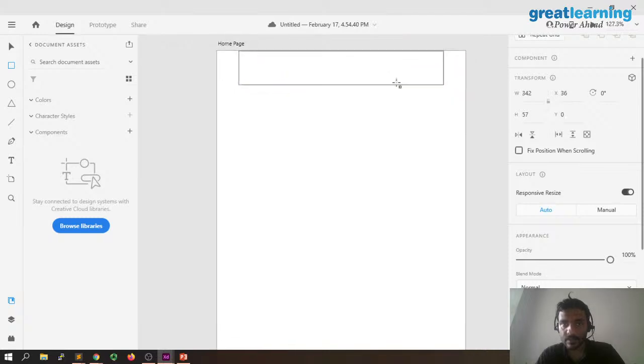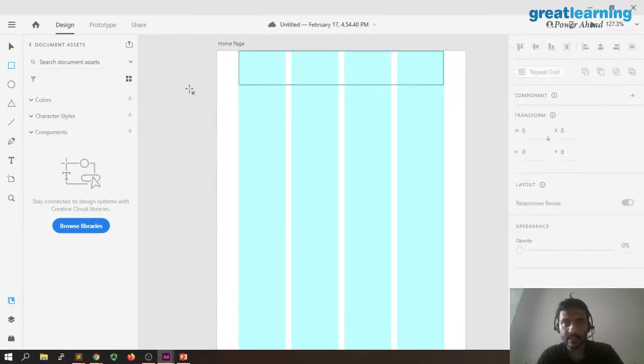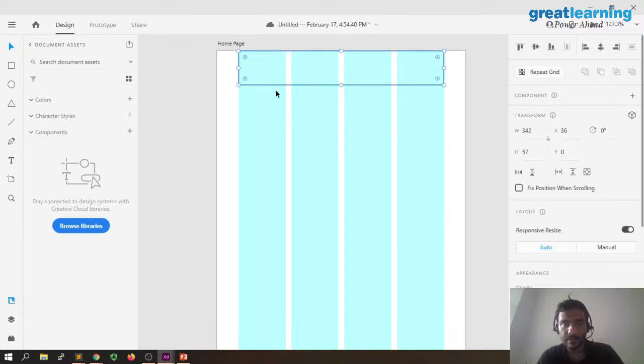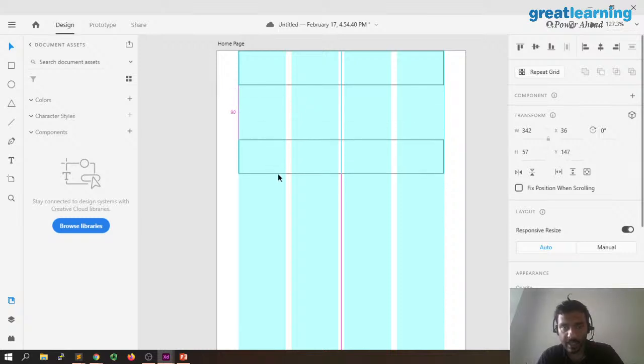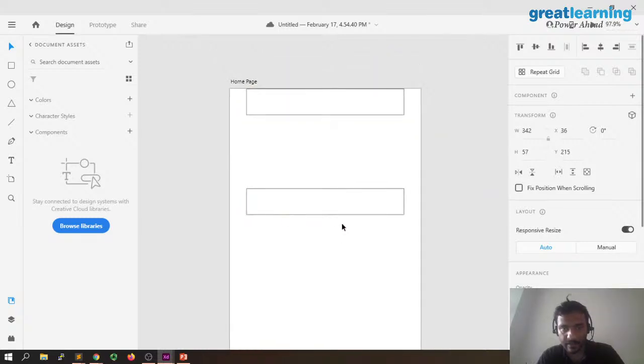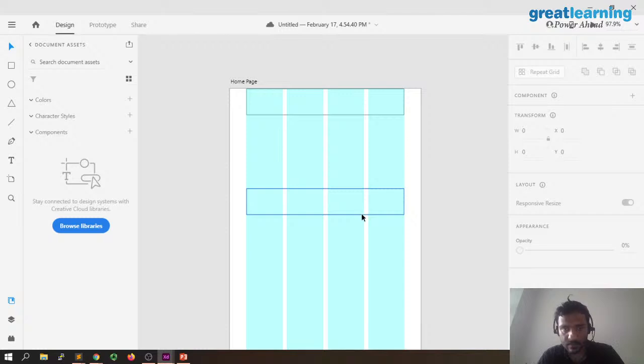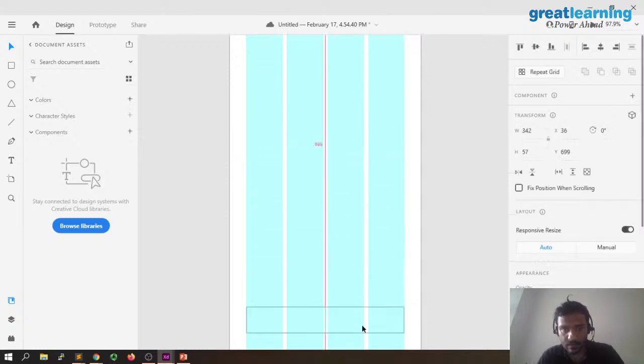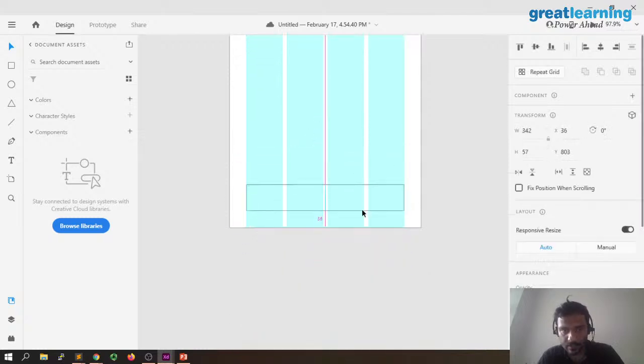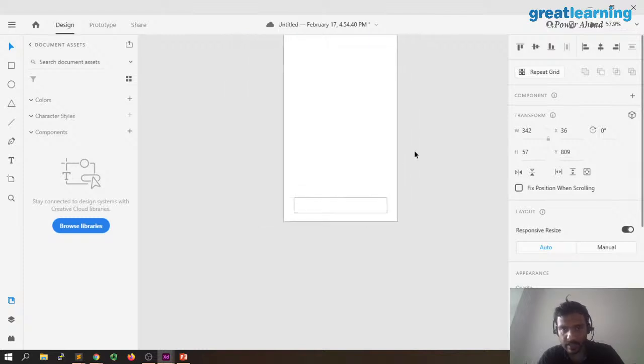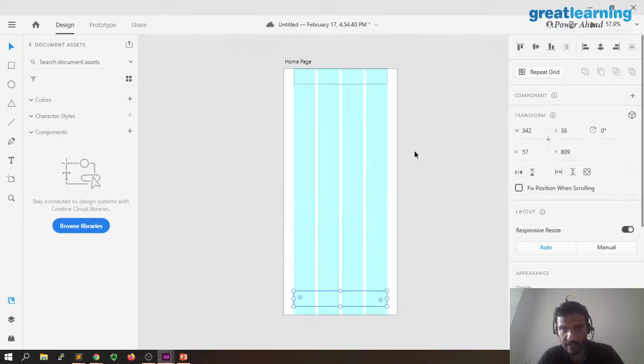All right. So this is what our box looks like. It's a part of our wireframe. So we're going to use the selector, select this, and copy and paste it so that we can have a bottom bar also. You don't necessarily need to do this, but I'm showing you. All right. So now I have a bottom bar also. Generally, in apps you won't use a bottom bar, but this is what we are using.